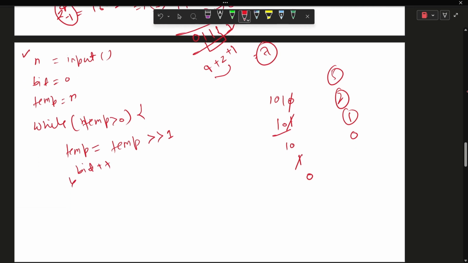Now what does it become? Every time the temp is decreased, bit plus plus. Now we find the number of bits in that particular number. After that, we can create a